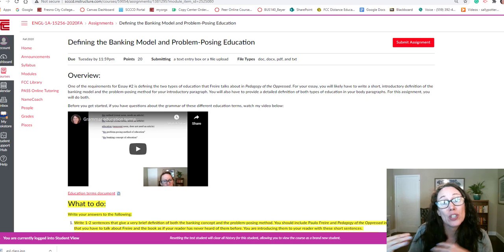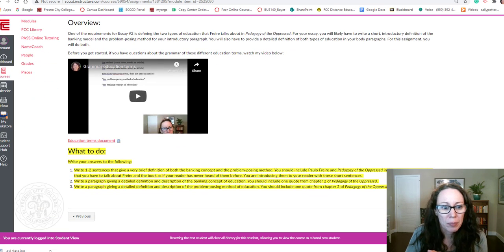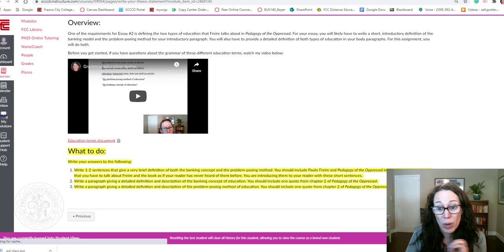And then when you get to the body of your essay, you're going to do longer definitions. So that's what we're dealing with here. The short definition and then also a longer definition that includes a quote. And again, I'm hoping that if you get this written, you can use this or something very, very similar actually in your essay when you go to write your first draft.